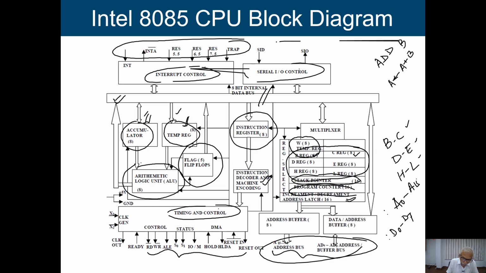And these are basically two input lines. One is your serial input and the second one is your serial output. Okay, so this is serial input output control, and these are the other control signals that we are going to get. And this is basically X1 and X2. This is the clock connection. The clock signal will be given through these two pins. So we use some crystal clock, and depending on the operating frequency of this processor, we have to set the clock accordingly. Okay, so this is in a nutshell.